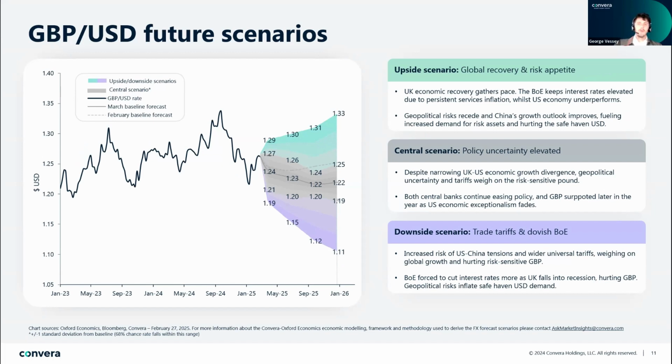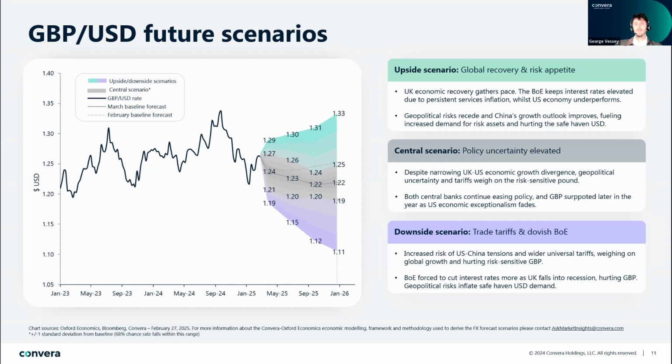We could see the pair in this case trading in the lower realms of the 120s over the next quarter or so. The weaker UK growth outlook and the higher debt servicing costs mean that the UK government's probably going to have to announce real-term spending cuts this month. However, as previously mentioned, we have to remember that the UK is not on the front line of the tariff wars either. So we think the downside scenario of sub 120 is unlikely to play out, whereas like the euro,